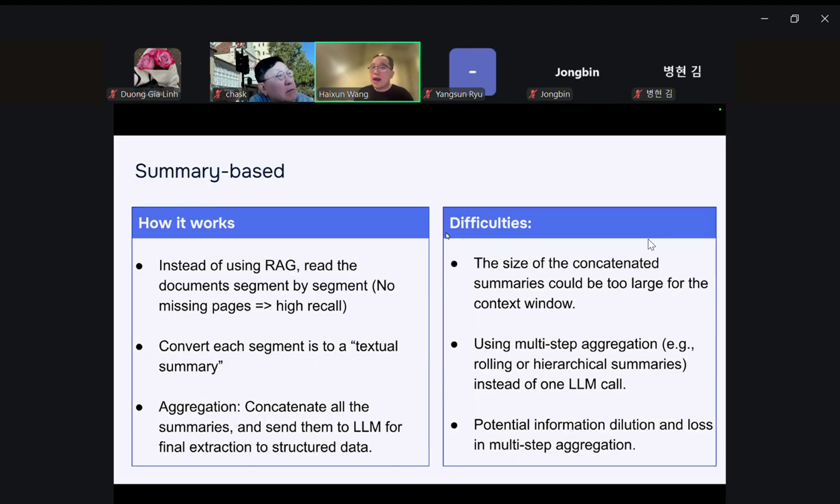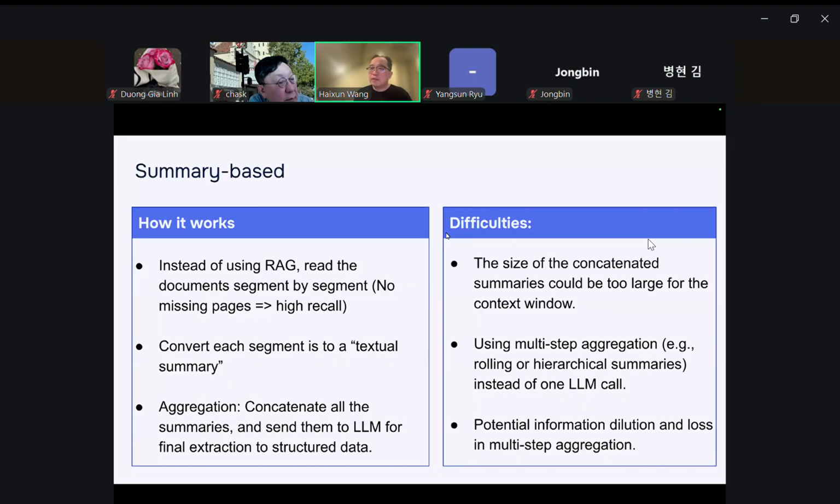So it's not going to miss any pages. By definition, it will have a higher recall. And as it reads all these pages, it converts each segment into textual summaries. And then it sends those summaries to the large language model to do the final extraction.